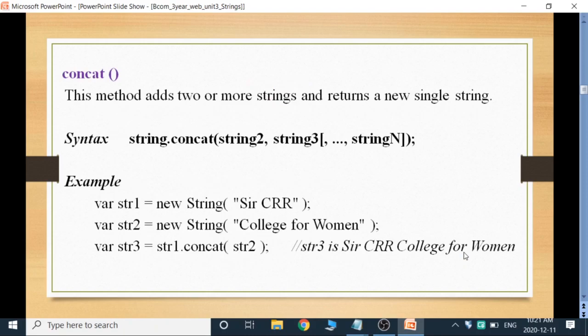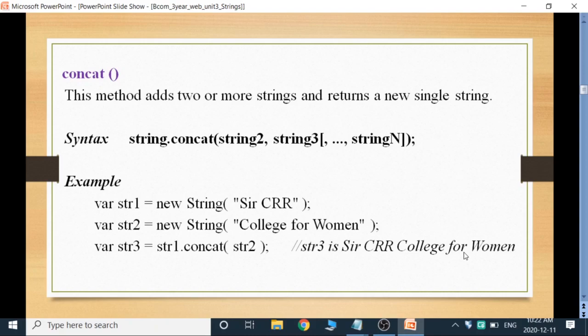Next method is concat. Concatenation means combining two or more strings, and it returns a new string. See the syntax: string dot concat string 1, string 2, string 3, so on, string n.